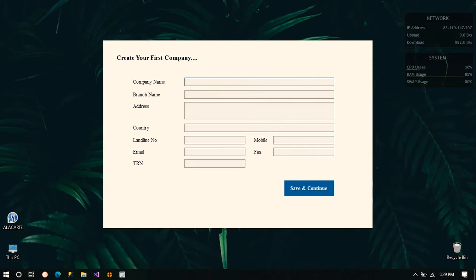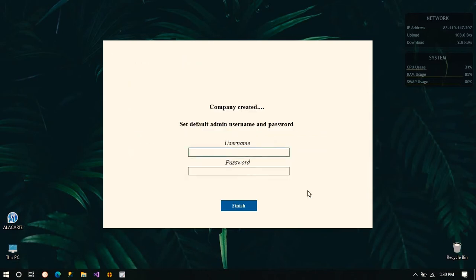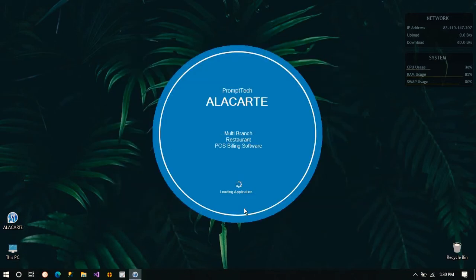As soon as you are installing it, the first thing is you can mention your company name. For example, any company name, I'll take Tasty Restaurant or Tasty Spot. And you can give the branch name. On this main screen, both of these are very important, the name and the branch. Other things, if you don't fill them up, that is fine. Next will come the admin user and password. You can set it up according to your need.